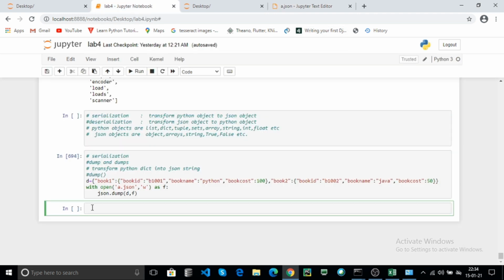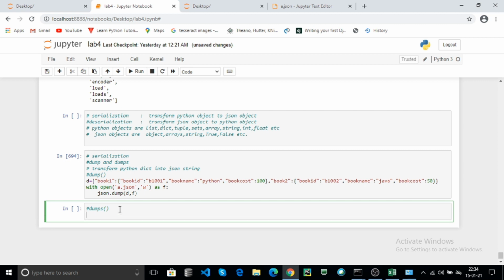Now use the dumps method. It will display the converted JSON object in the prompt. It doesn't write any data into the file. That is the only difference between dump and dumps. Now use json.dumps.